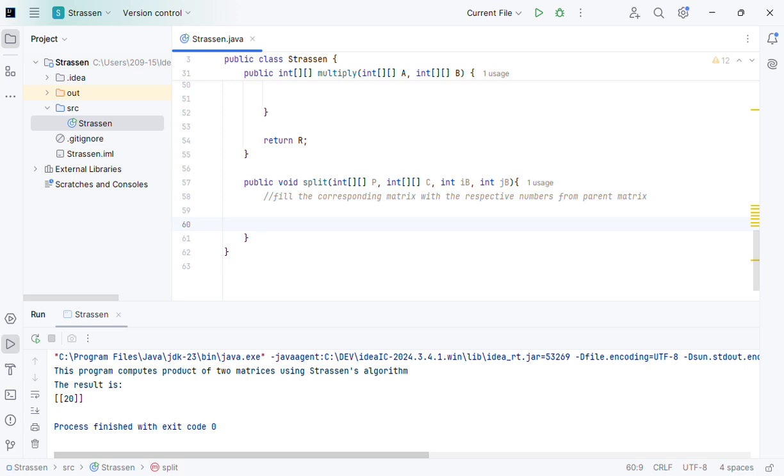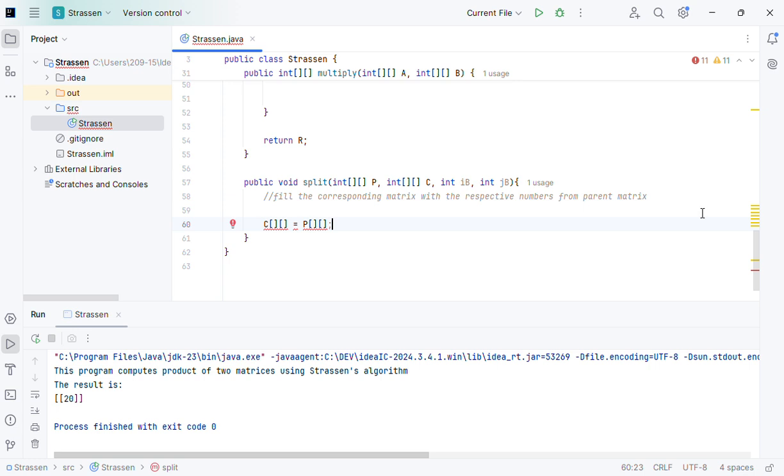So here the child matrix will be equal to the parent matrix, right? Like that. But we need to put it into the cycle. But what we have to do in the cycle, we need to go inside the cycle all the time so that we can